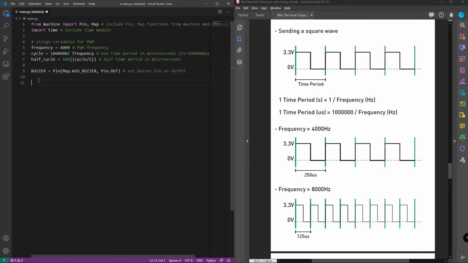Then let's create a function and let's set the buzzer pin to high for the first half of the time period. So here I will specify the time duration, which is this half cycle.